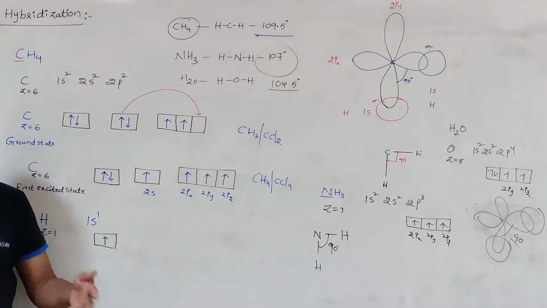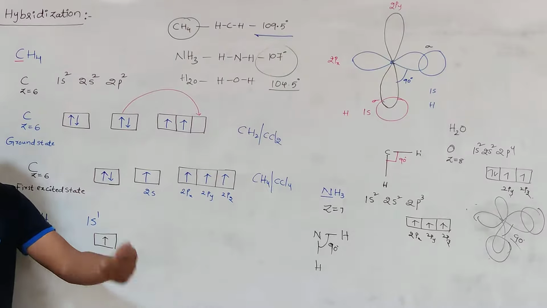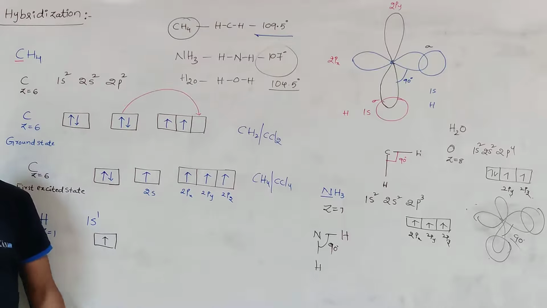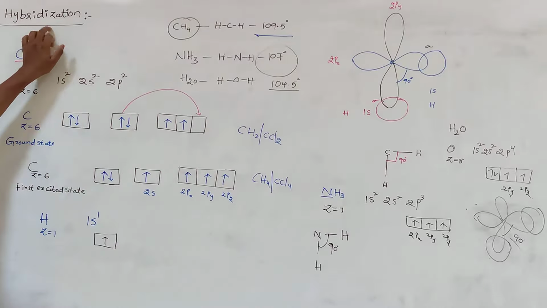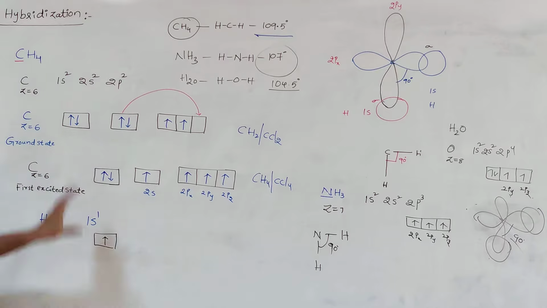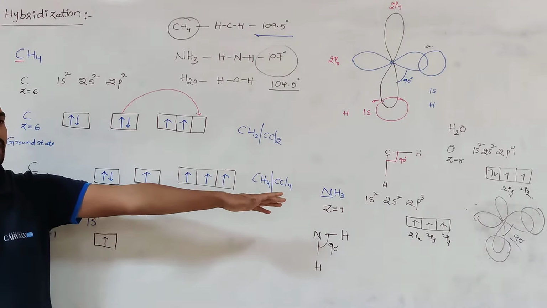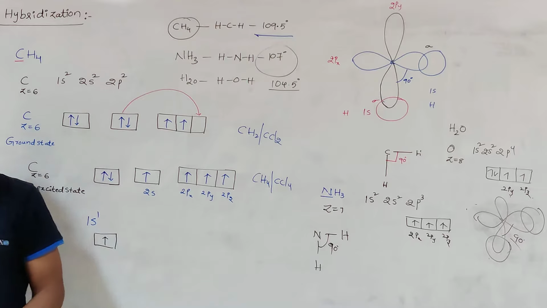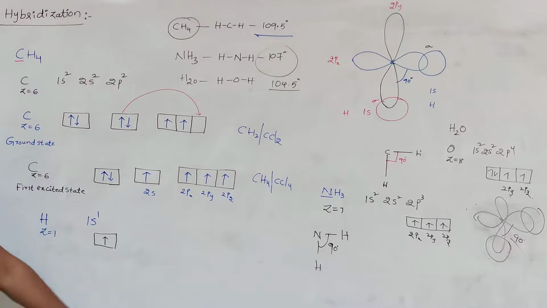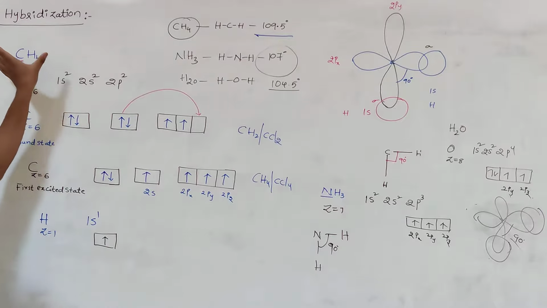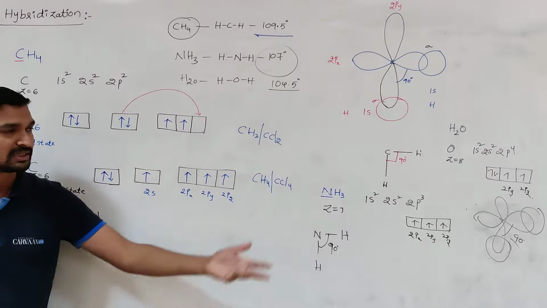As we said in the beginning, the valence bond theory was further developed by Pauling and Slater. So that is based on the concept of which one? Hybridization. This hybridization concept can explain the geometry of a polyatomic molecule. The initially proposed valence bond theory failed to explain it. So what is hybridization? What are the characteristics of hybridization? What are the conditions of hybridization? How can we explain the geometry of a polyatomic molecule based on hybridization? Now we have to discuss.